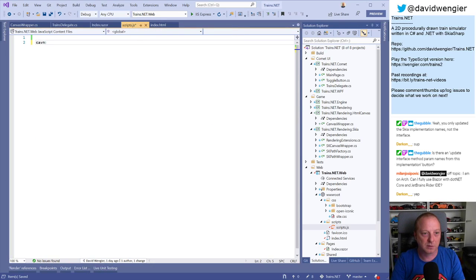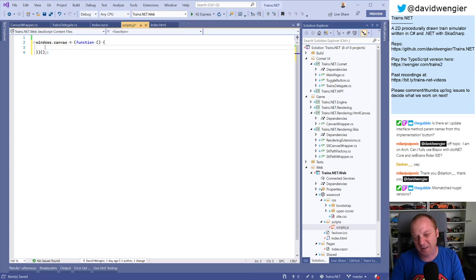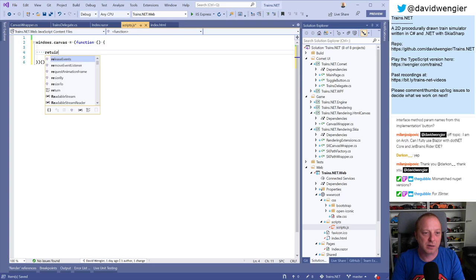So canvas is, I'll just do window dot, although I'm pretty sure that's not needed. And then I can do one of these anonymously executing functions. Hopefully there's not a new version of this. All of my web and JavaScript knowledge is like 3 or 4 years old. I'm sure there's a better way. JavaScript probably has classes now, but I'm just me. And so then what I do is I need to return an object,